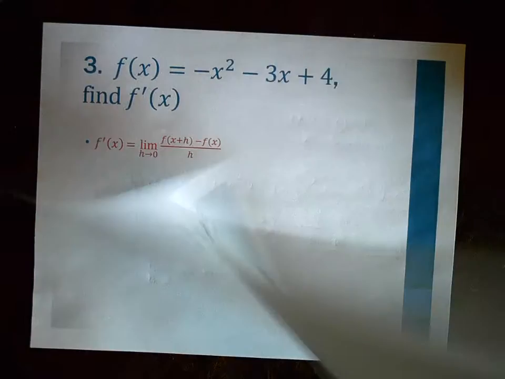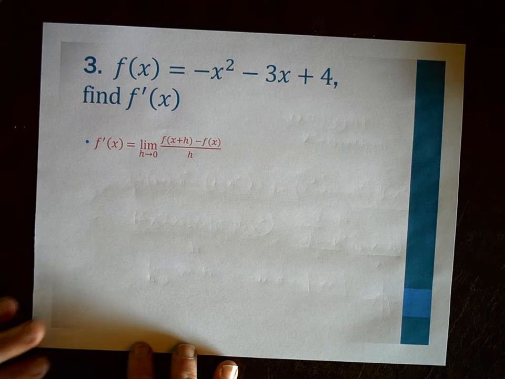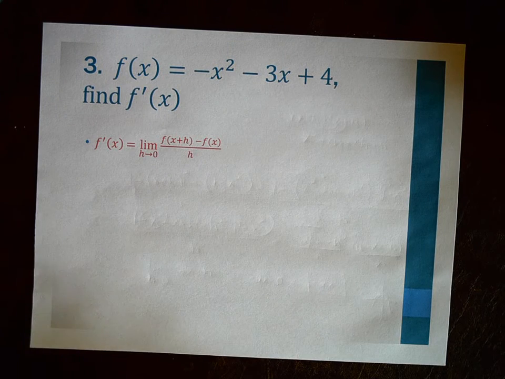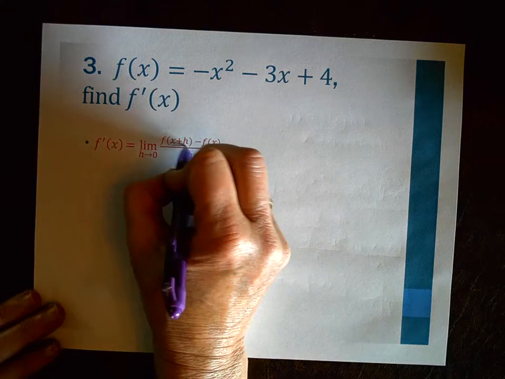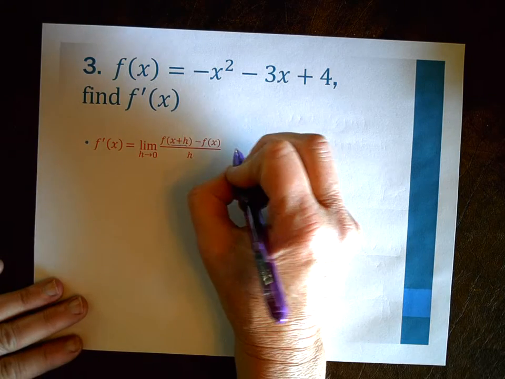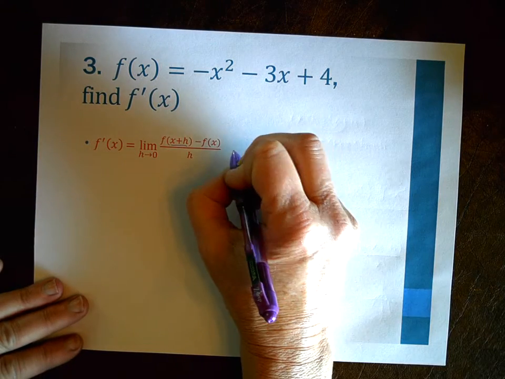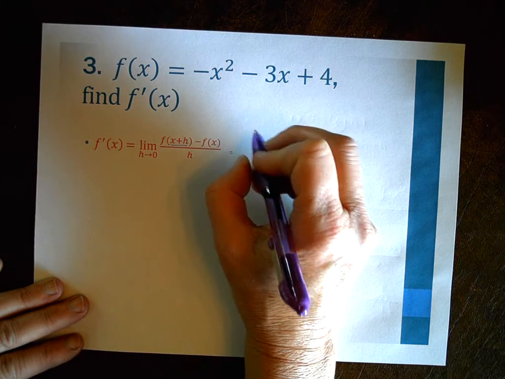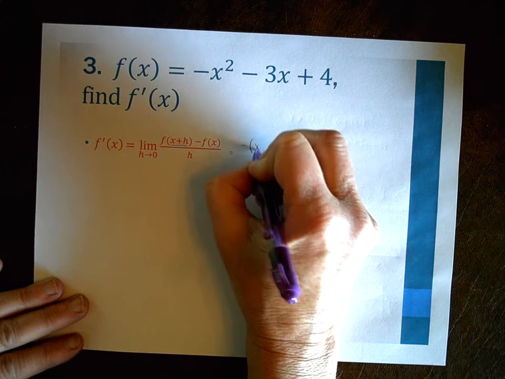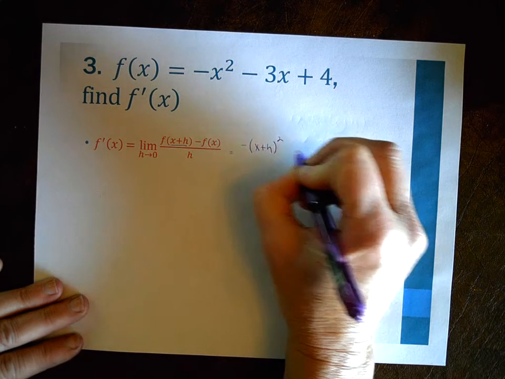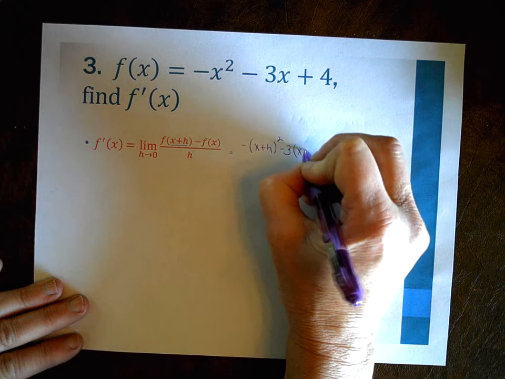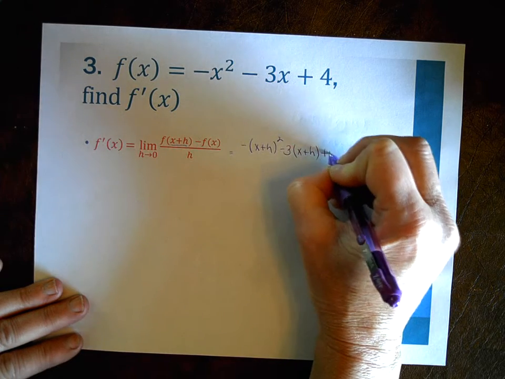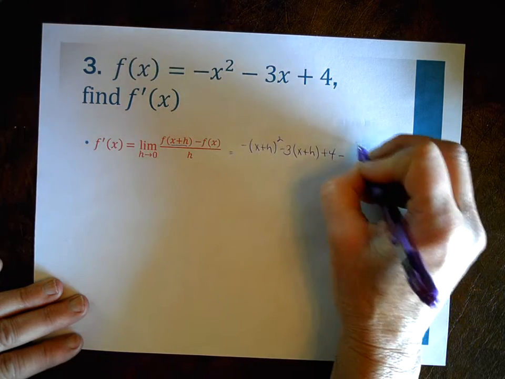Okay, so last example. Hard one, longest one, same thing. Gonna plug in x plus h in. Everywhere there is an x, we're going to plug in x plus h. So negative (x plus h) squared minus 3 times (x plus h) plus 4 minus the original problem, put it in parentheses,